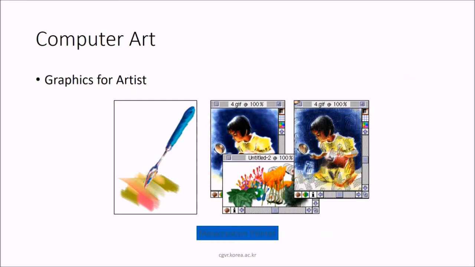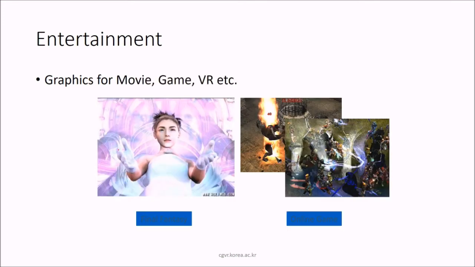And of course, graphics for artists, your computer art. Now you have pen tablets also. You can just design. You can be a good artist. So how you can change the picture from this to this, all this design can be made through computer graphics. And the most important, which we all connect with, or easily know, is entertainment, whether it be a video game, virtual reality, or movie, anything that makes us feel good and happy. These are all through computer graphics only.